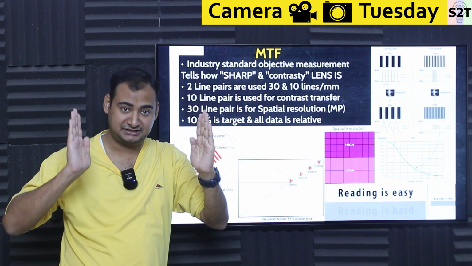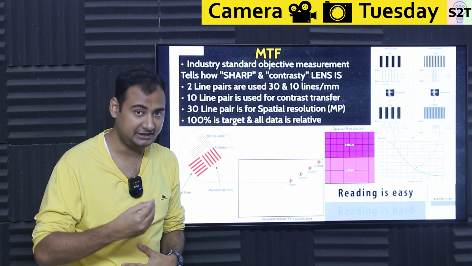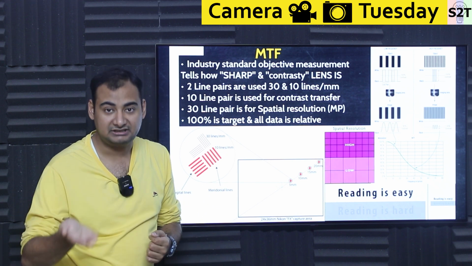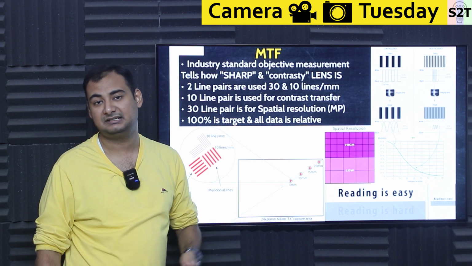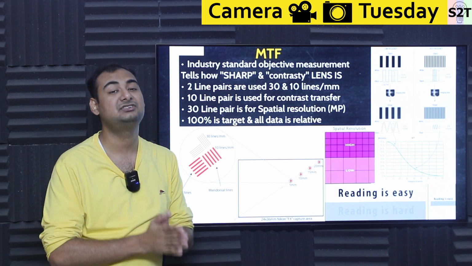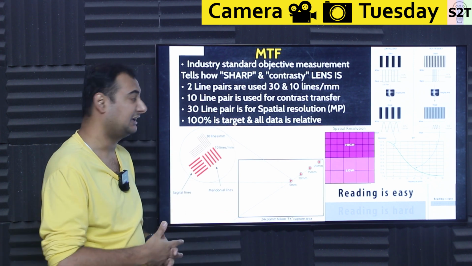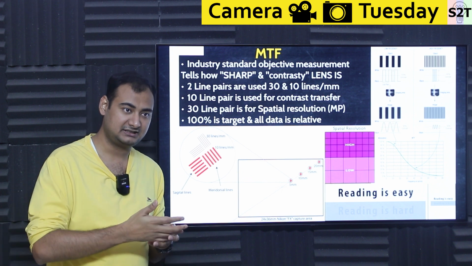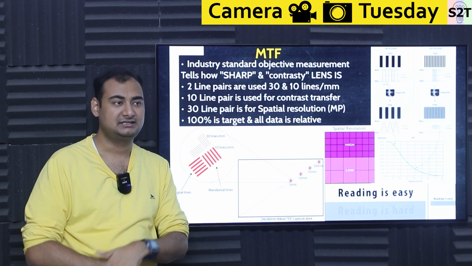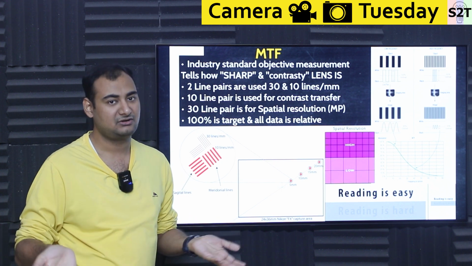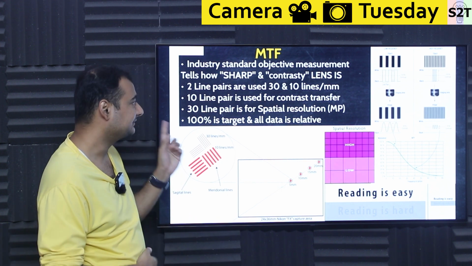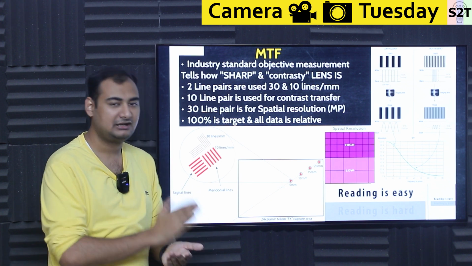And if you try to make lines even smaller, you will only get gray. Even though the signal is there, all you are getting is a gray blob. What does that mean? That simply means it is no longer resolved. You have reached maximum resolution. So having a sensor that can resolve at that point, like, oh, I can tell you A from B, it's like, dude, there is no point because the lens is making it blurry. The sensor will not help you at that point. So that's how we tell this is sharp or this is blurry.